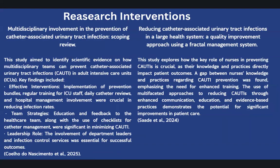Research interventions. So the first article is pretty much a scoping review on multidisciplinary involvement in CAUTI prevention, which found that effective strategies include prevention bundles, routine training, daily catheter reviews, and strong leadership engagement. They also found that team-based education, feedback, and use of catheter checklists play a major role in reducing infection